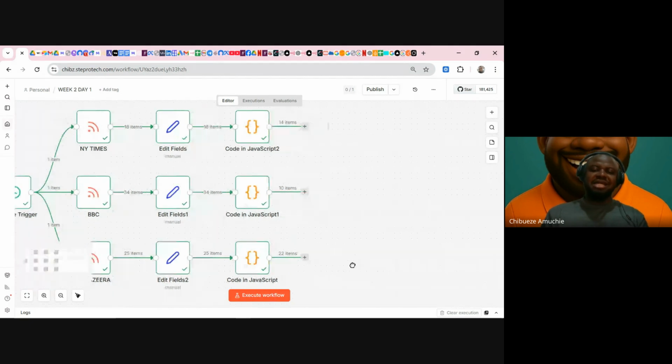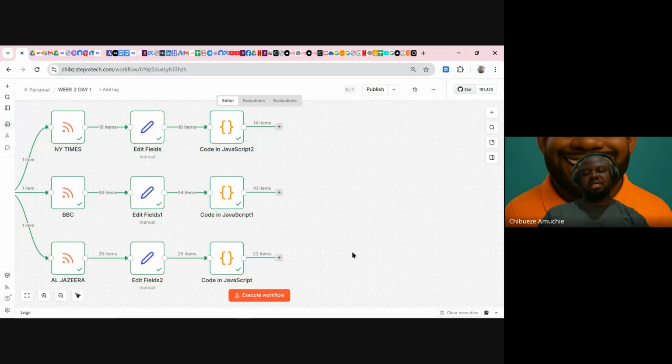Okay. Now, next thing we have to add here is this. Out of these 14 items, we have to check if there are duplicates. If there are no duplicates, we have to do what? Limit them. First of all, the first thing we check is